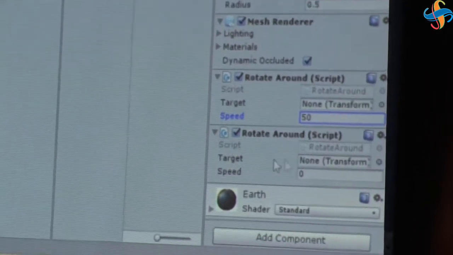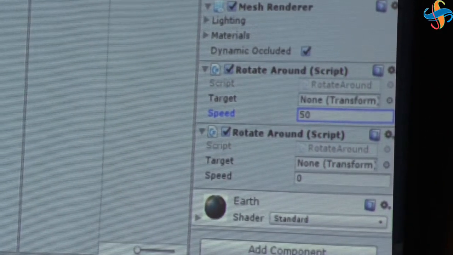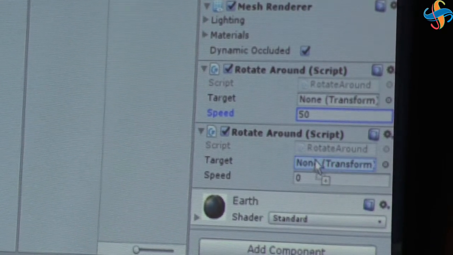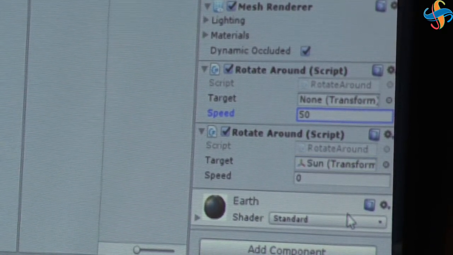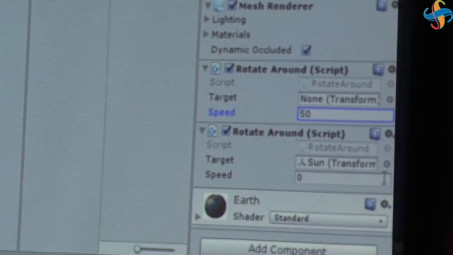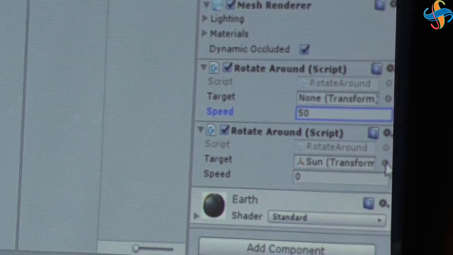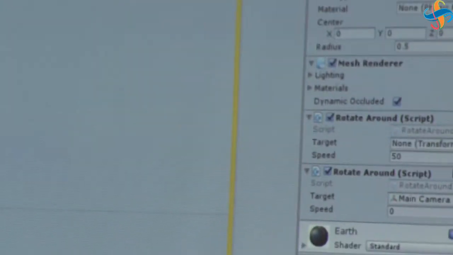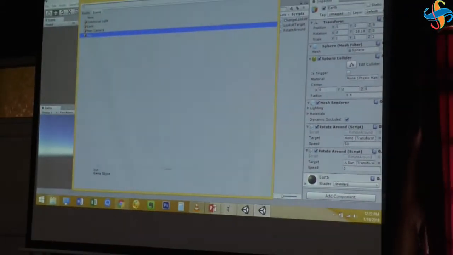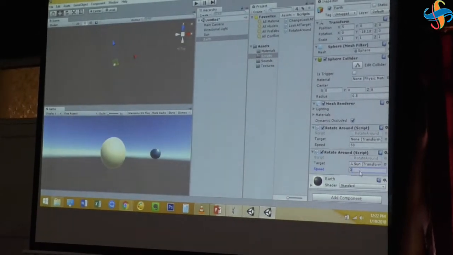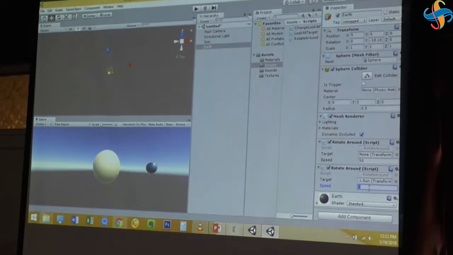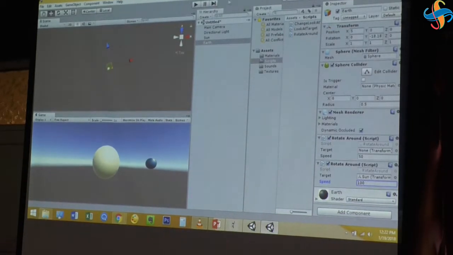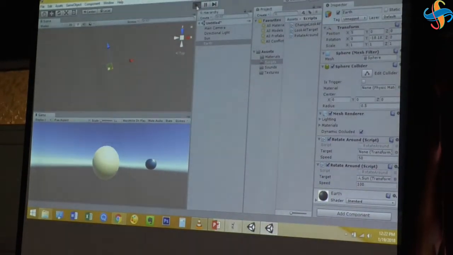So in Target, I could either take the sun from the hierarchy and drag it down here, and bam, now it's there. The other way of doing it would be to click the little circle. It brings up the objects, and I can tell it what I want it to rotate around, right? So now I'm going to make it rotate around the sun by, let's say, 100. All right? So now when I click play,